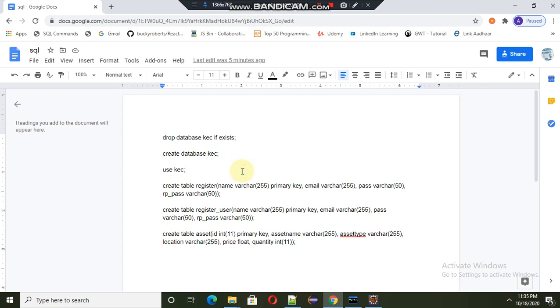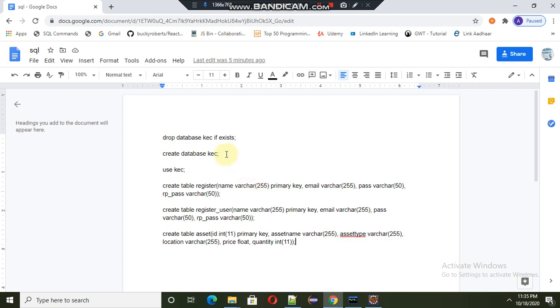To change the database, use this statement. Now I am using three tables in my project, that is register, user, and asset. So it will create the tables and the database in your machine. So just run these scripts in your MySQL server.